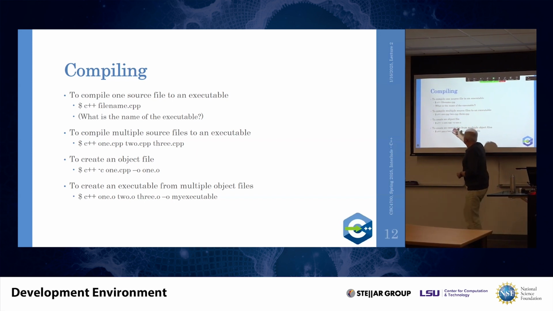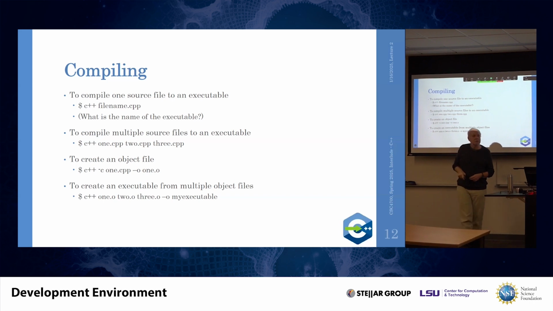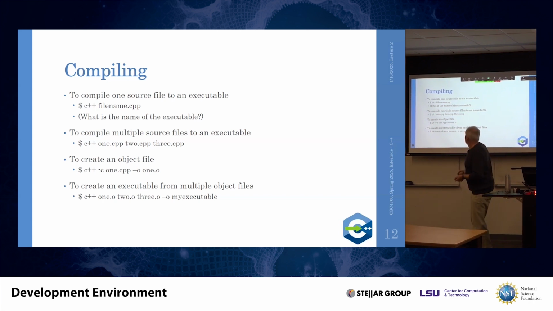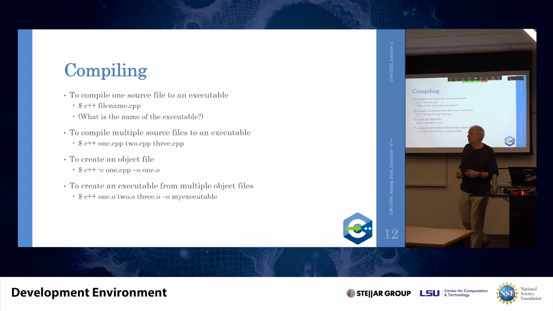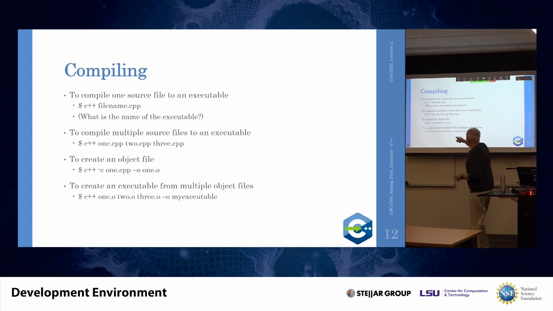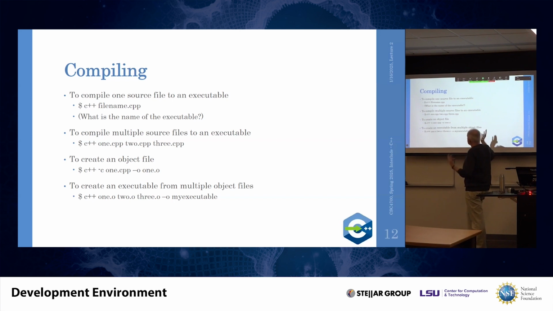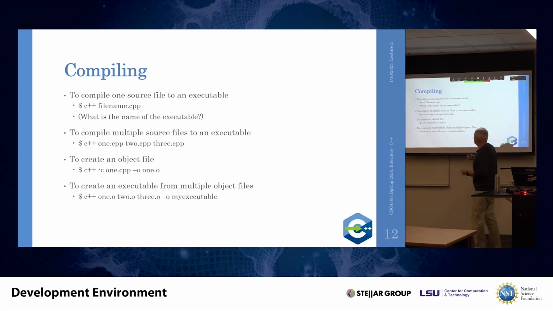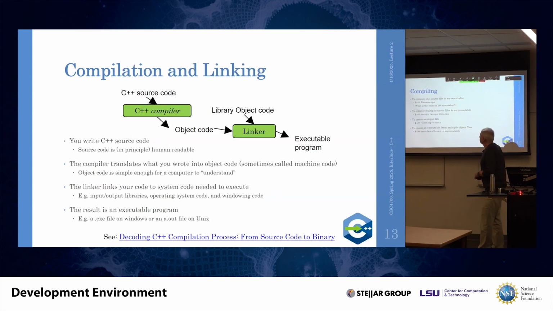You can force it to compile the C++ code to object code only by specifying -c, which means compile only. Here, an option is used that specifies the name of the generated file, so you can do the same thing for your executable, -o output name. Or you can create an executable from multiple object files you have created before, and name the executable my executable in that case.